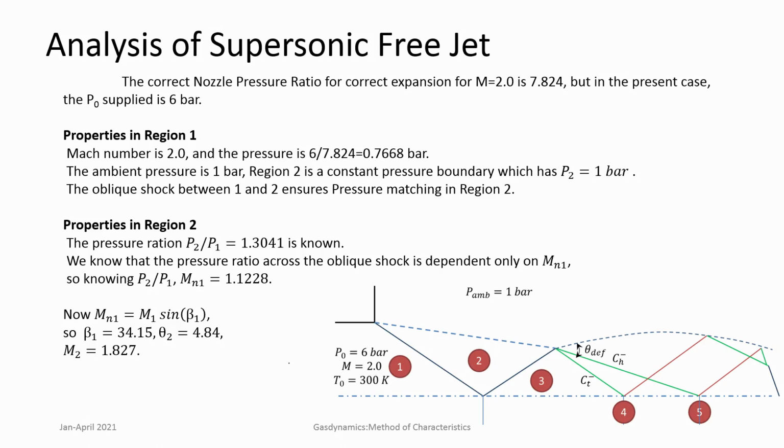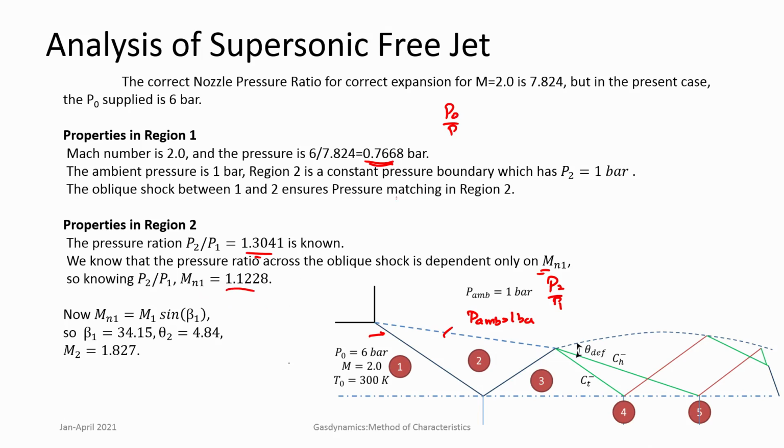So, in region 1, if you find out the pressure by looking at nozzle P0 by P for Mach 2, you find pressure is 0.7668 bar. Now, region 2 has pressure equal to P ambient, equal to 1 bar. So, we know the value of P2 by P1 across the shock. Since we know the pressure ratio across the shock, we know that for an oblique shock it depends only on the normal Mach number upstream of the shock. So, we can get Mn1 which is